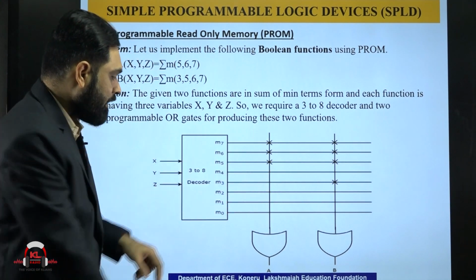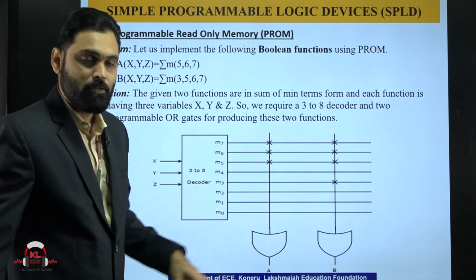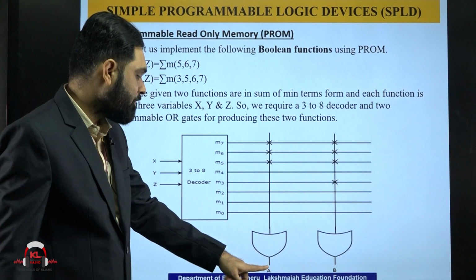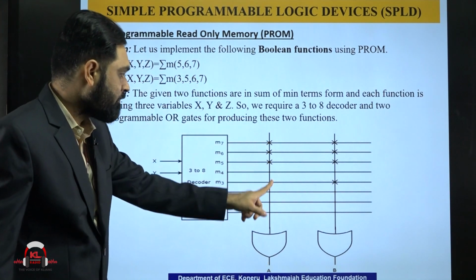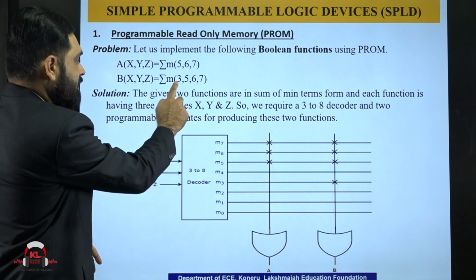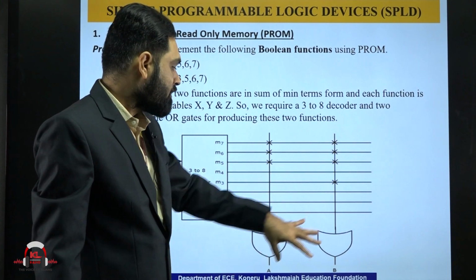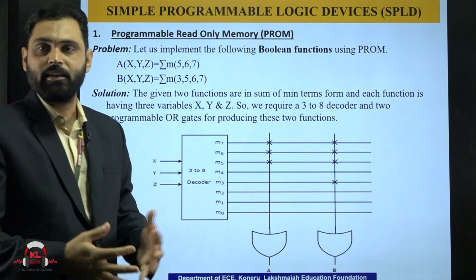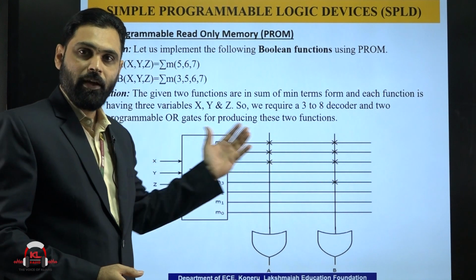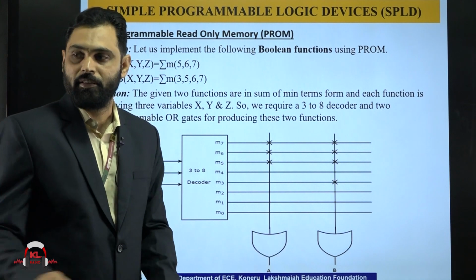You have the flexibility. You can connect this OR gate to 3 and 2 also, if the problem demands. But this AND side is fixed. On the OR gate side you have flexibility. So the first OR gate is connected to 5, 6, 7, and the second OR gate, whose output I am calling B, is connected to 3, 5, 6, 7. It is very simple, and AND gates and OR gates are already available. According to the input that you are applying, you can connect the switches, you have the flexibility.